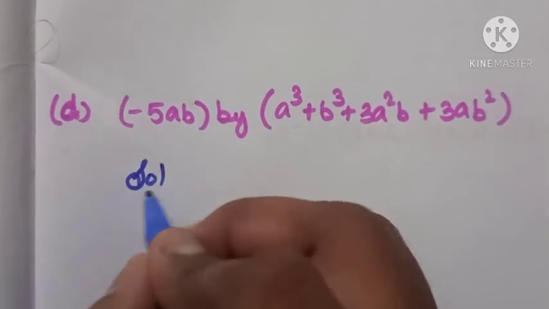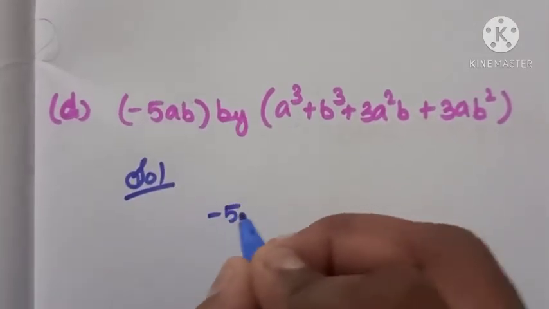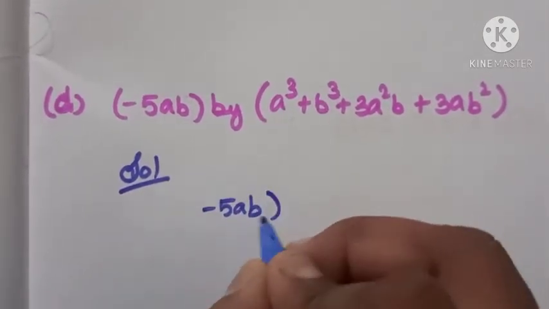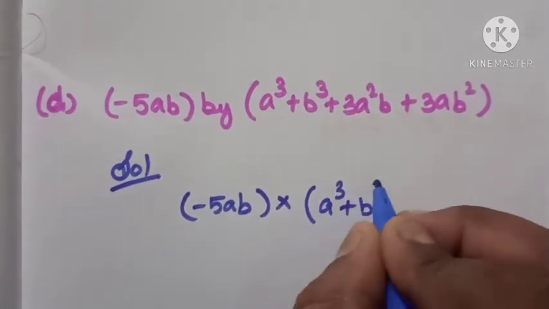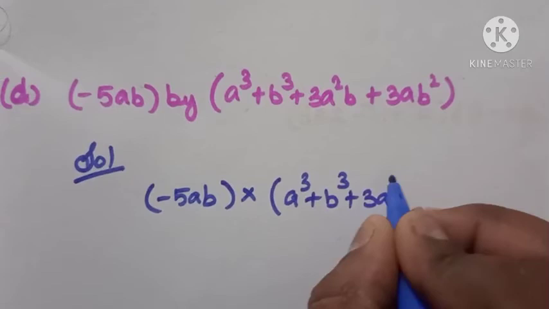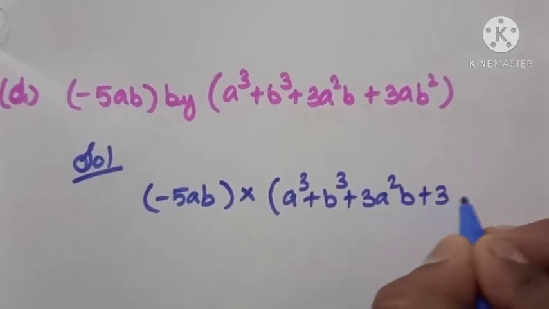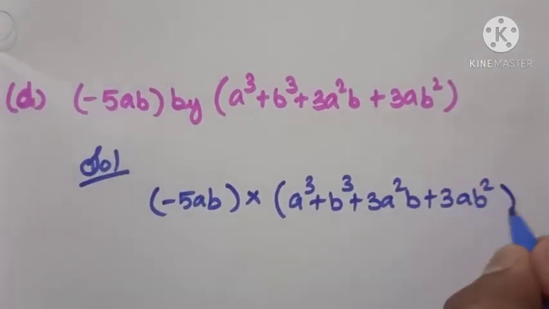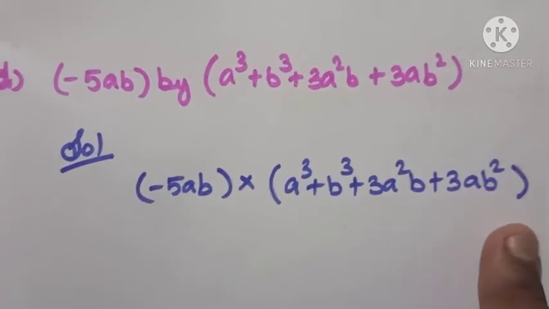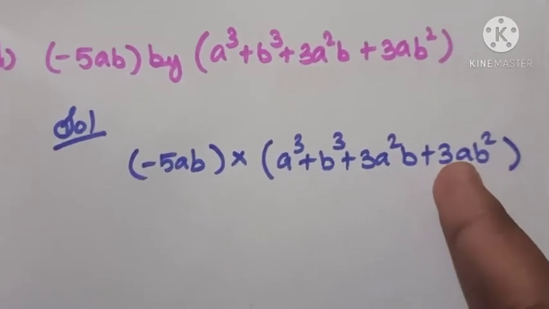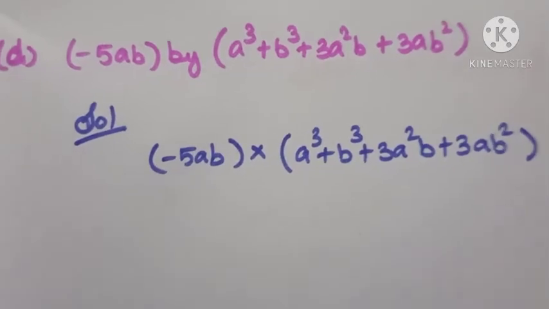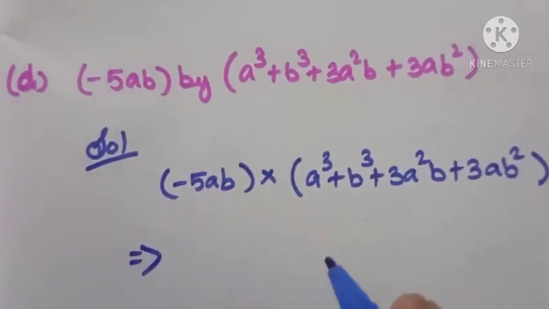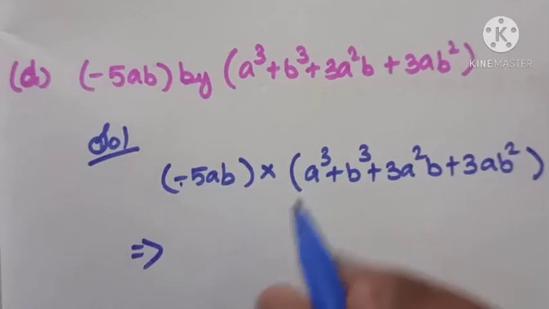So in the solution, first we take minus 5ab multiplied with a cube plus b cube plus 3a square b plus 3ab square. So this is not a trinomial, this is a polynomial. We could take 3ab out commonly and get a trinomial, but we need not do that. So first minus into plus,